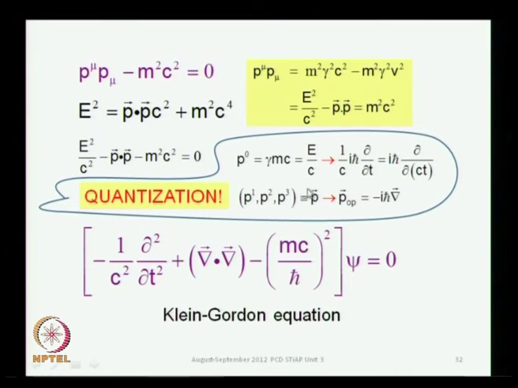Okay, all we have done is to put these operators in this relationship over here, okay, which comes from the Lorentz invariant quantity. So, this is the Klein-Gordon equation, and this is the relativistic quantum mechanical equation,